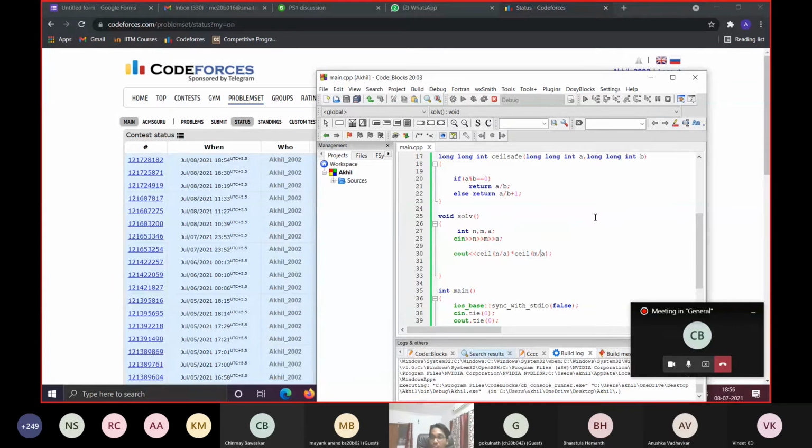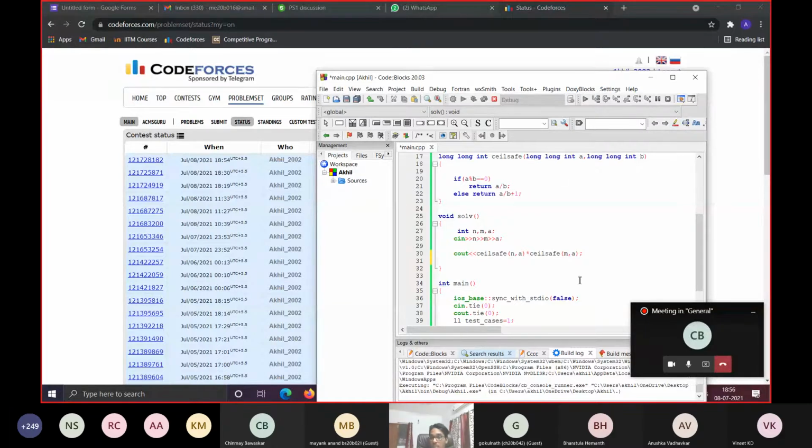I'm not sure why it happens. It may be because of the compiler's fault. But a ceil-safe function will help us remove that kind of problem, and especially when you're coding in contests, time is very critical and you can't waste time defining another ceil-safe function later. So I prefer to store a ceil-safe function separately.